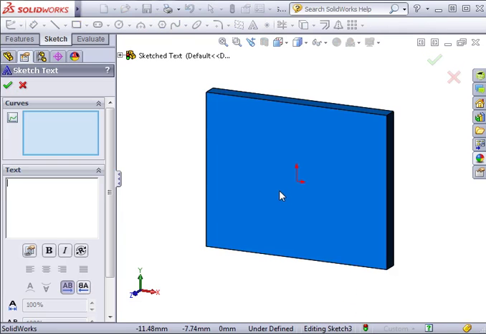In the text box, any text that you type will be turned into a sketched curve, as you can see in the graphics area. The text is automatically placed in the center of the face. One way to manually position the text is to simply click somewhere and the text will be moved to the cursor. To get more accuracy, however, I would recommend using some kind of reference geometry, such as a center line